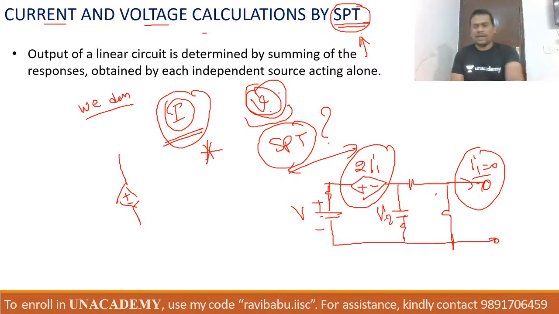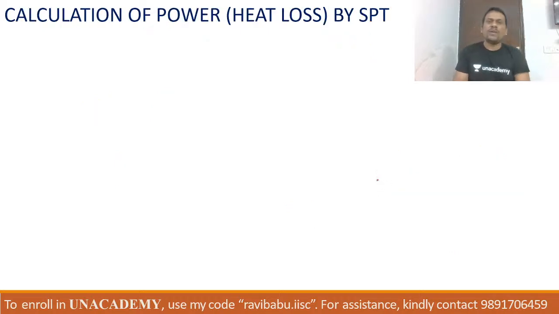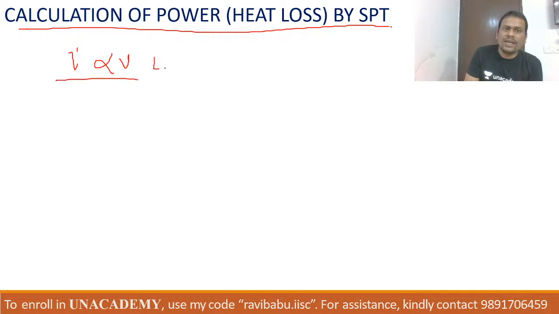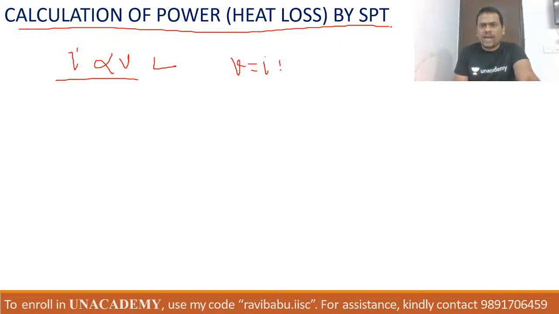Now beta, this is the thing. Now beta, calculation of power heat loss by the superposition theorem. I want to tell you here one most important thing beta. Can you tell me one thing beta, please try to understand. I proportional to V is a linear equation or non-linear? Speak up beta, please fast. I proportional to V, or V is equal to IR, will be linear